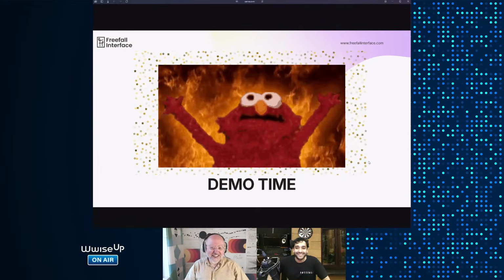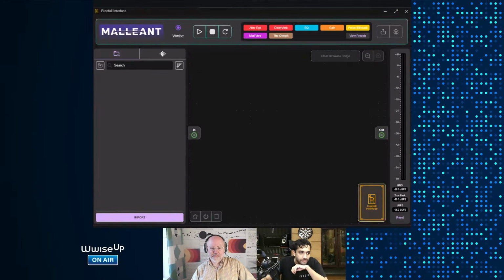Let's go. Great. Let me share my screen, and I will show you how Maliant looks at open. Great. So it's a standalone application that runs alongside Wwise and the game. A third application sitting in between. Exactly, and we give you an installer. There's a EULA and everything. So it's all prim and proper.